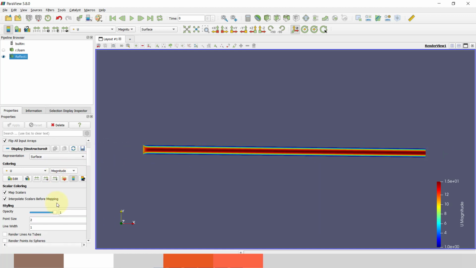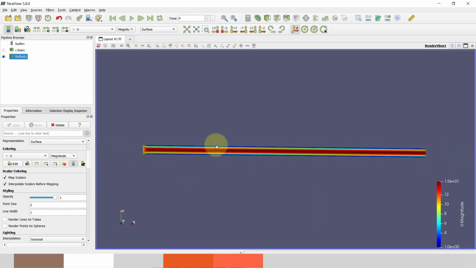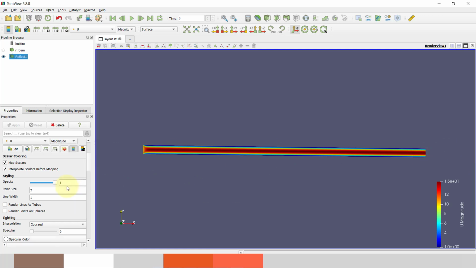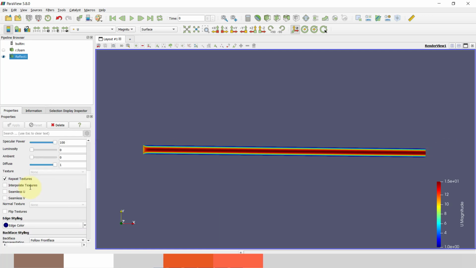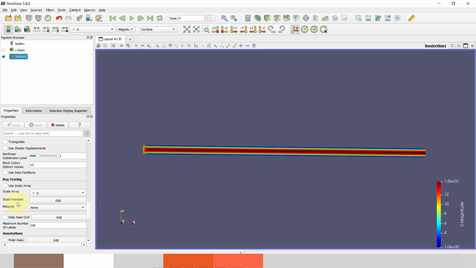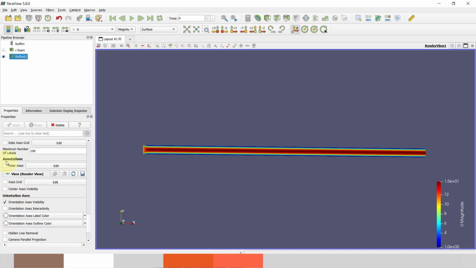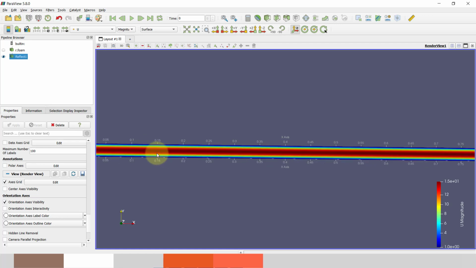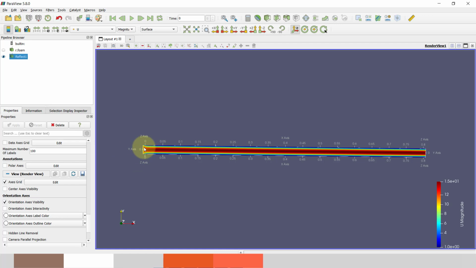If you want to see the dimensions of this tube, you can go to Annotation, where an axis grid is available. Just apply it. You can see our length is around 0.8 meter, and this size is around 0.025.